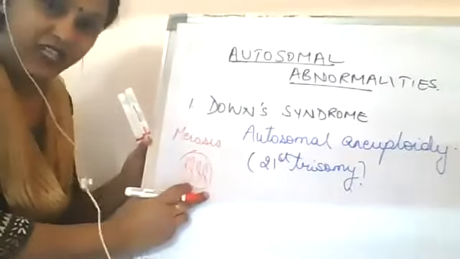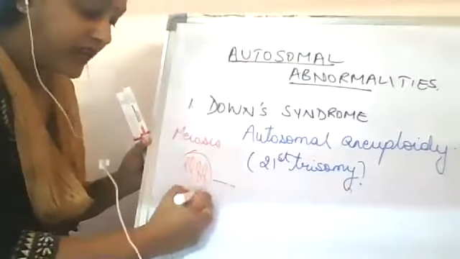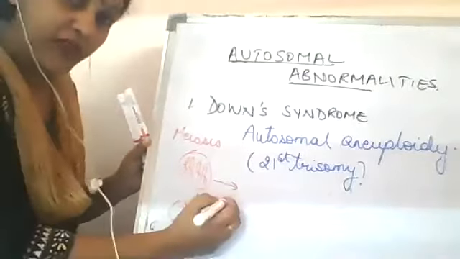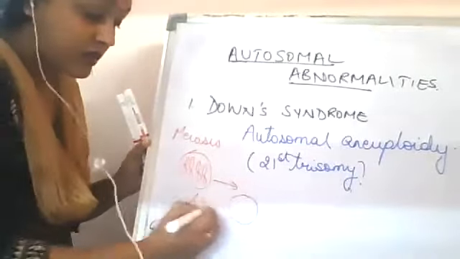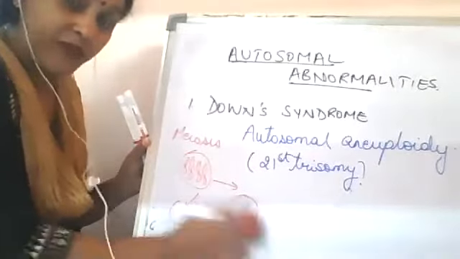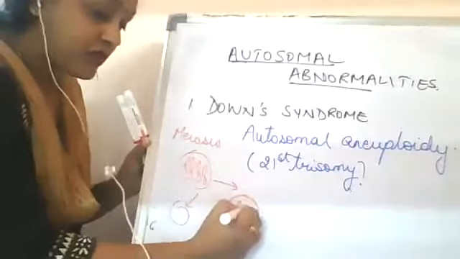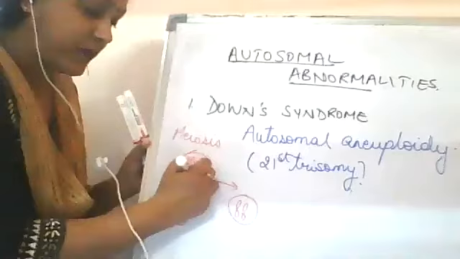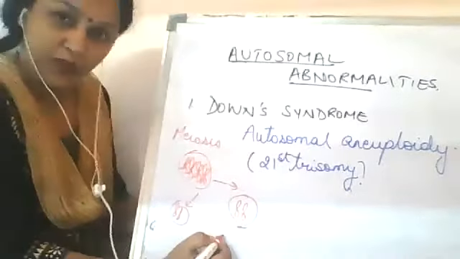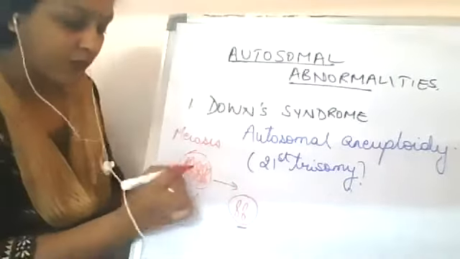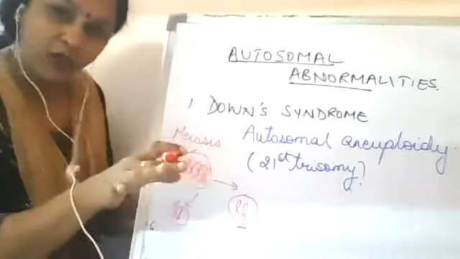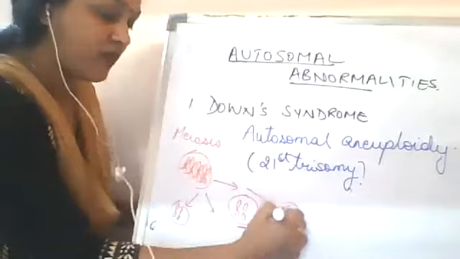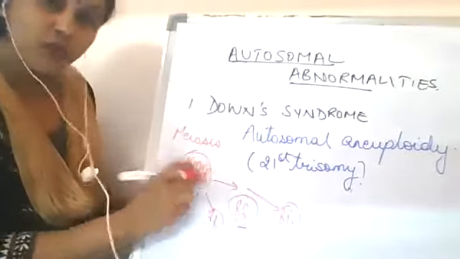So suppose it has these 4 chromosomes, and while separation is occurring, ideally what should happen after meiosis? How many daughter cells will be formed? First duplication will take place, but the daughter cells that will be formed will have half the number of chromosomes. Why? Because from each homologous chromosome, first one chromosome will come, and then the sister chromatids separate. At the end, 4 daughter cells are formed which have half the number of chromosomes as the parental cell.